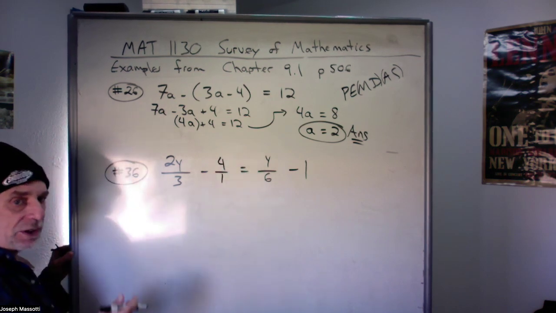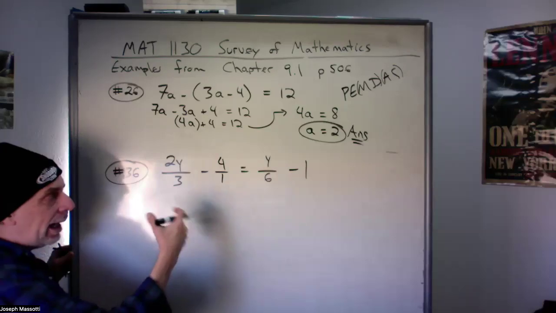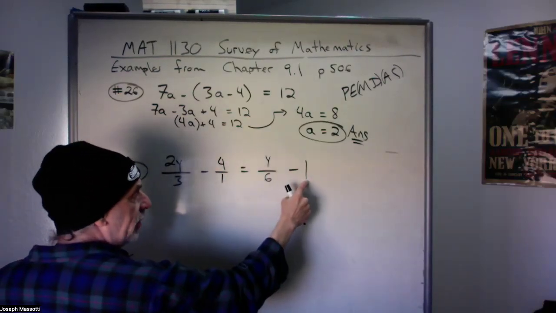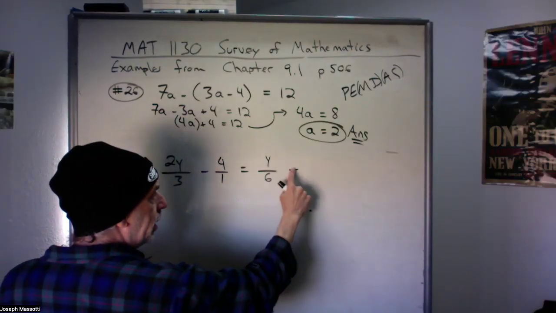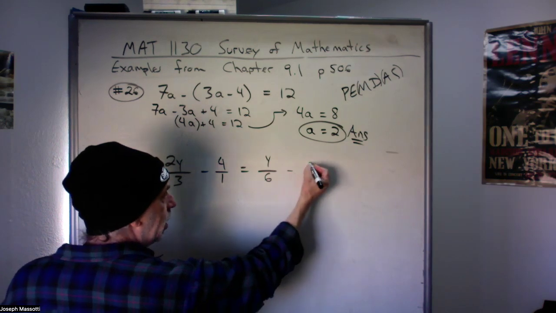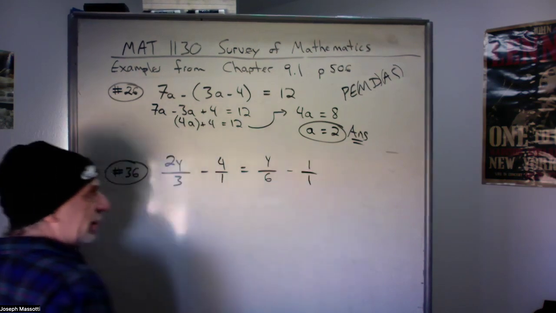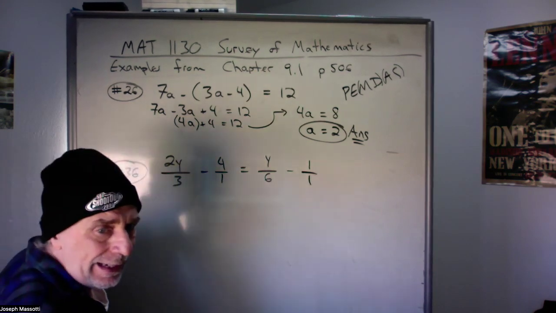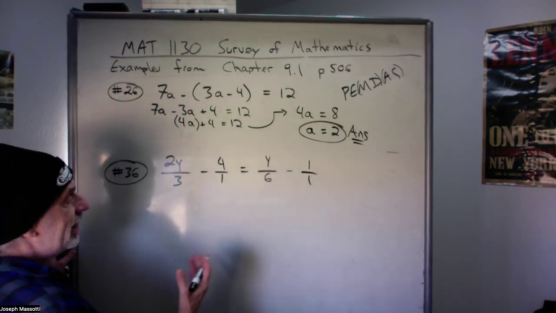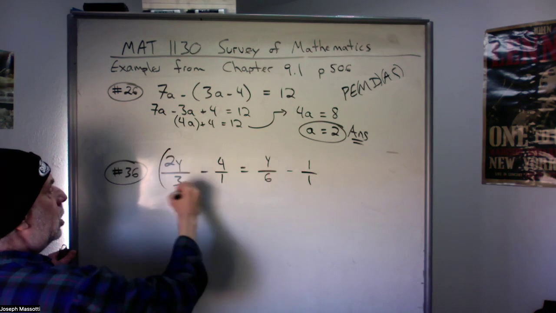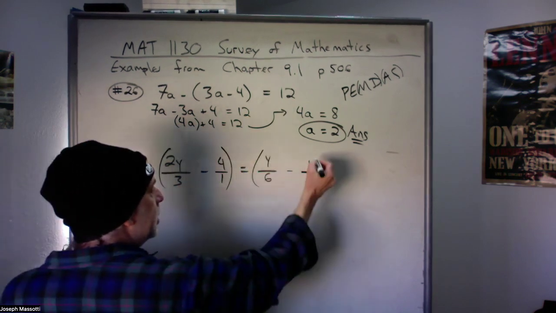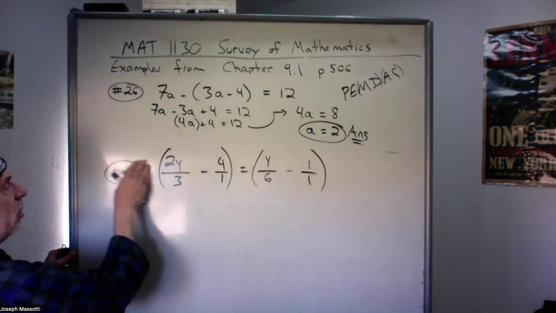Didn't change the value, just changed what it looks like, because now I want everything to be a fraction. Same thing over here. I can put this 1 over 1 and make it a fraction. Now everything's a fraction. Just makes it a little easier to deal with. Because now what we want to do to get rid of the fractions is we want to multiply both sides